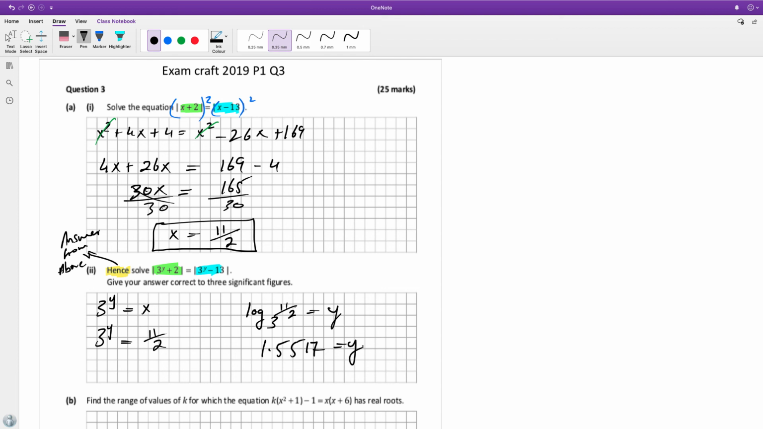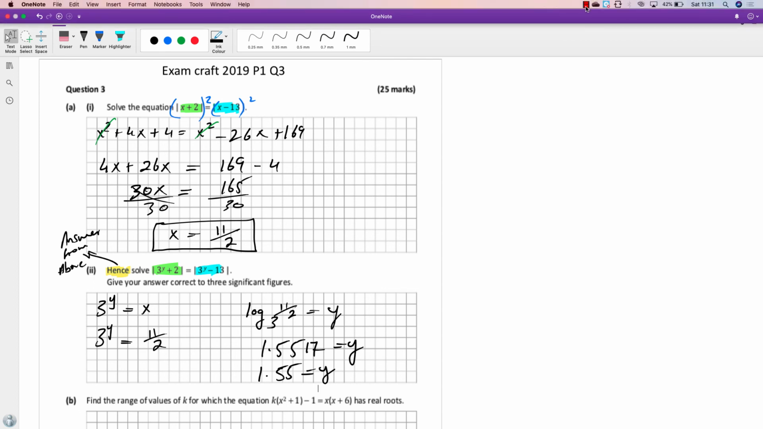1.5517 is equal to y. 1.55 equals y. Right, boys and girls, that's a wrap. We need to go back and start looking at some of the videos and some of the revision things. All right, we need to start going back doing them. And I will see